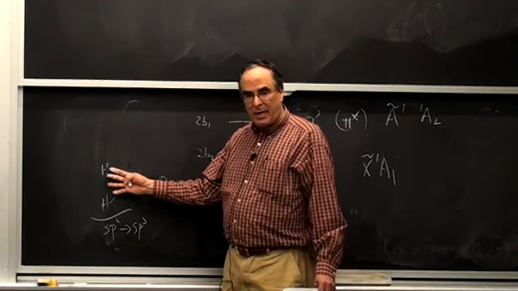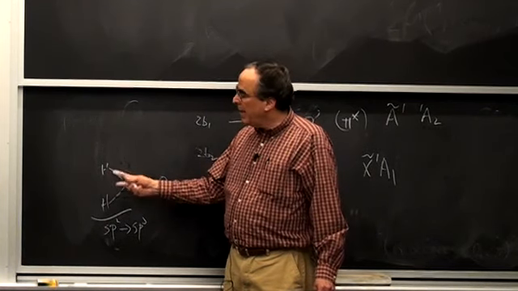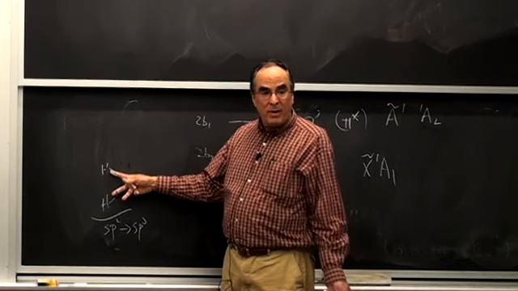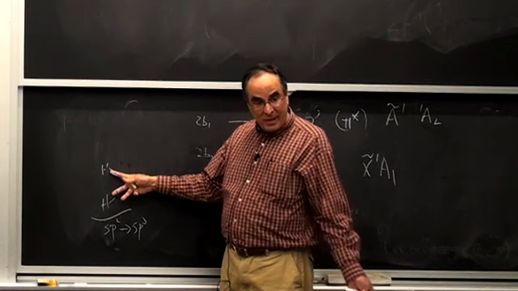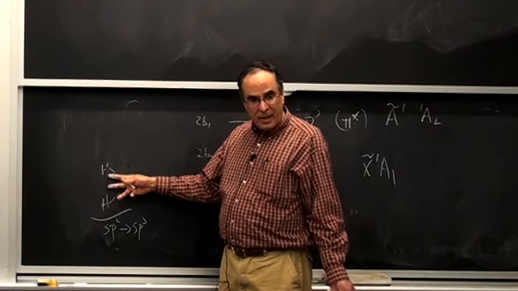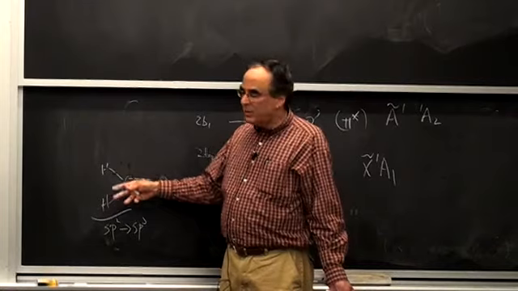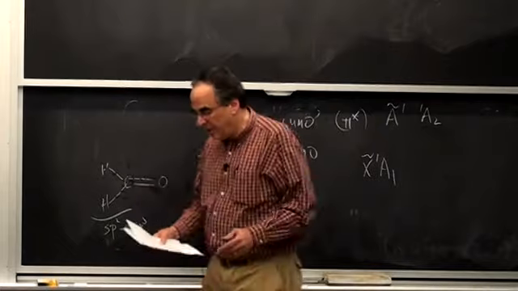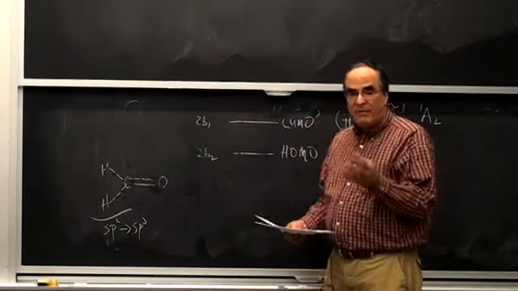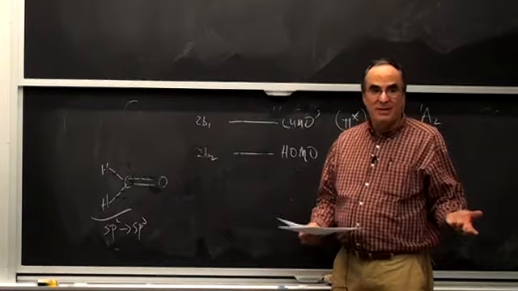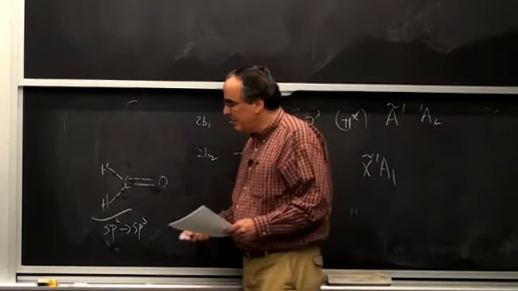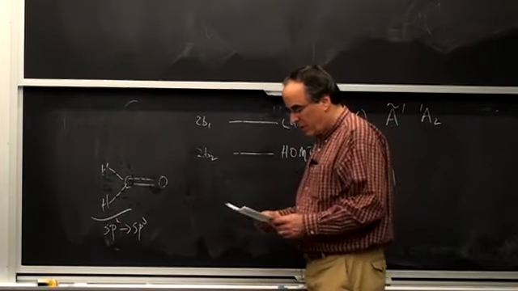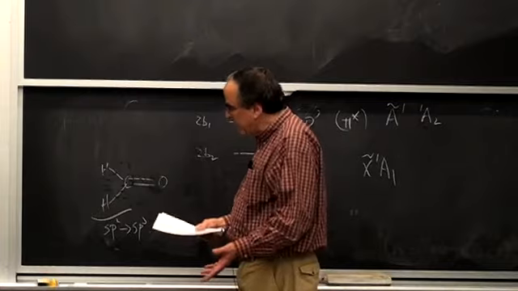You expect that the hydrogens will be out of the plane, and that the angle will be reduced from, well, it's actually 121, it should be 120 in sp squared, to 109, and it is reduced to 109. So everything about the structure that you infer from rotational constants is consistent with the molecule not being planar. Now there's another thing you can do. So you expect it to not be planar,